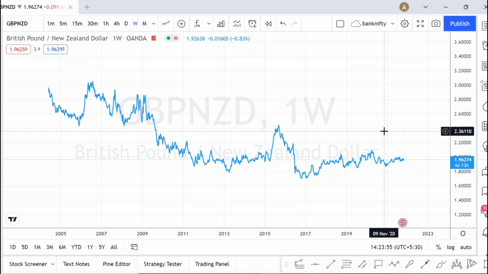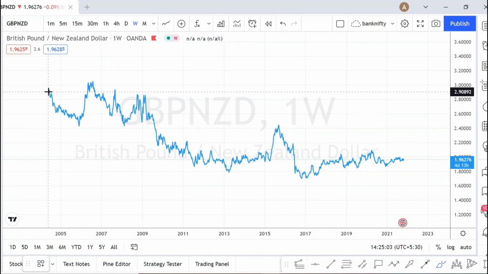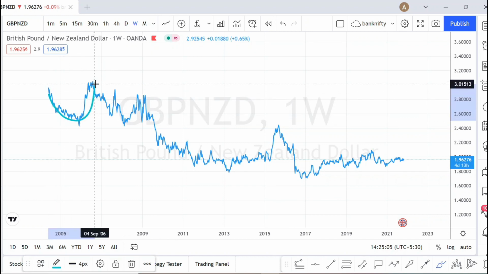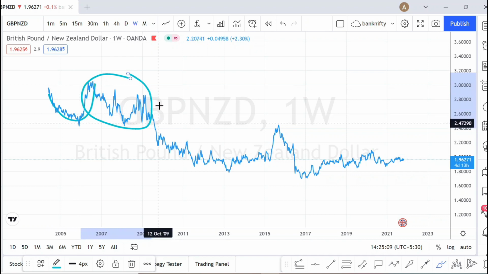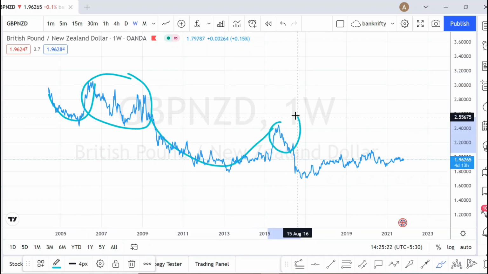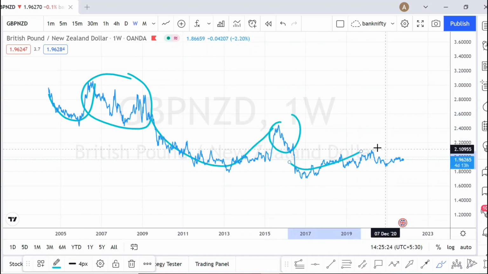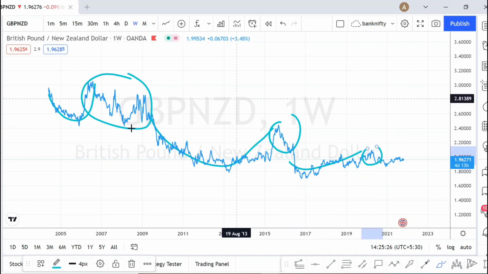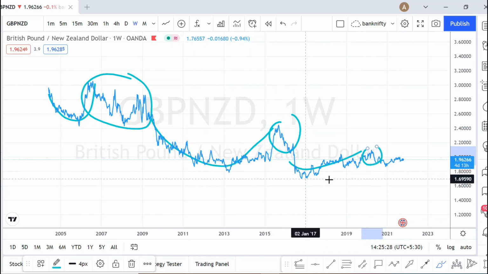Based on one of our viewers' request, we are going to be doing weekly technical analysis for British pound, New Zealand dollar. So I'm on weekly time frame. When we check the weekly time frame, we can understand that these currency pairs have a tendency of going up. A little bit of consolidation, expansion, again consolidation, then expansion, again consolidation. So we understand that this is the nature of these currency pairs.